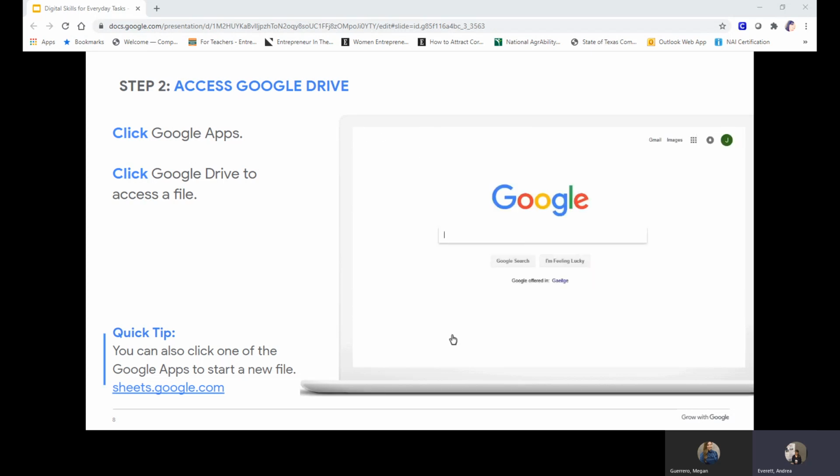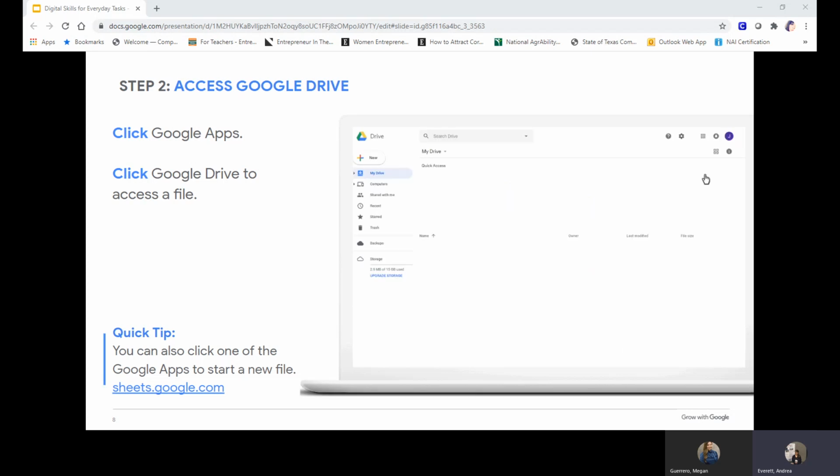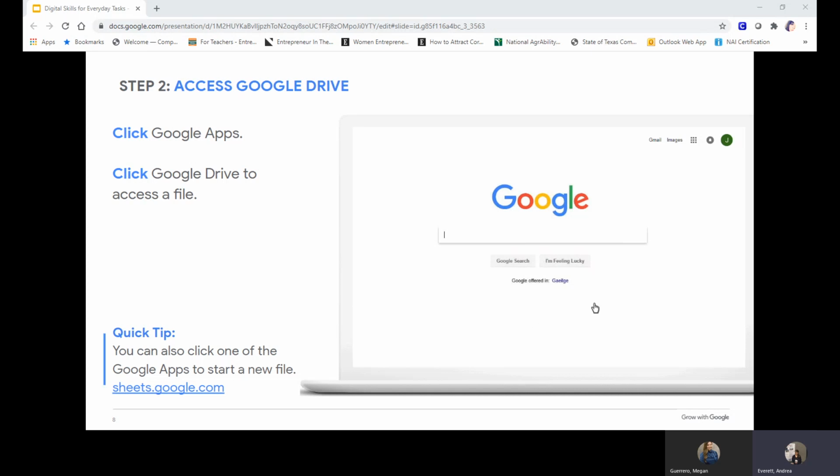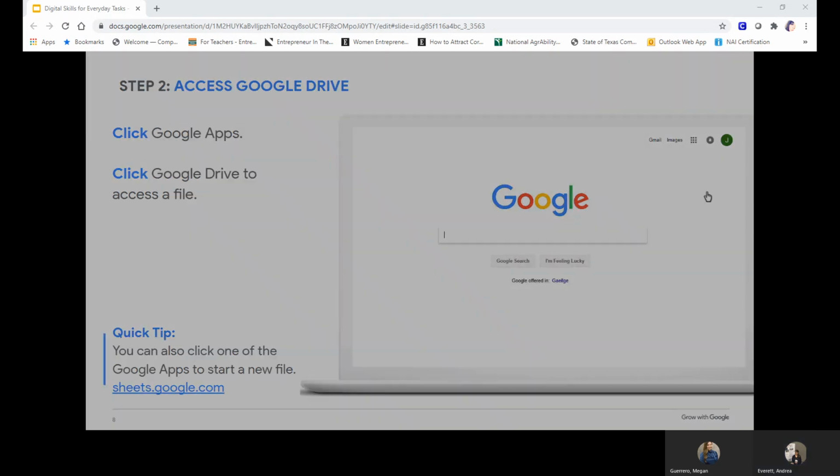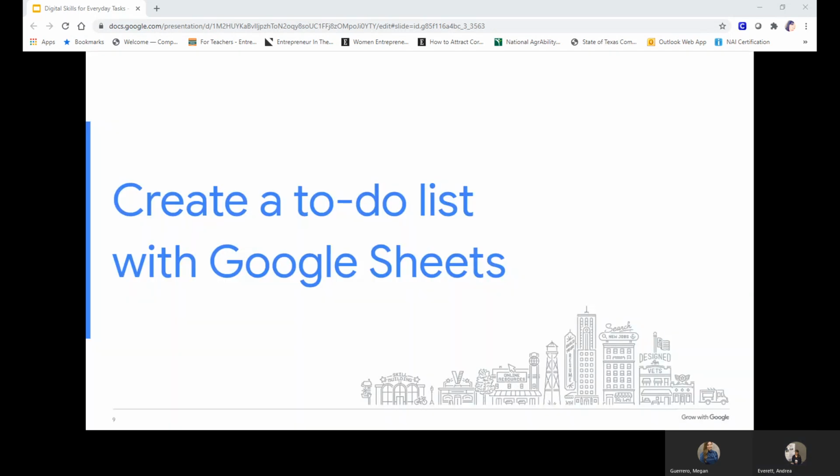If you've never created anything with Google Apps before, your Google Drive will be empty. After you start creating projects in your Google applications, they will be stored in your Drive. As I talk about the features of Google's applications, feel free to follow along on your own devices if you like. So let's dive into our example projects.